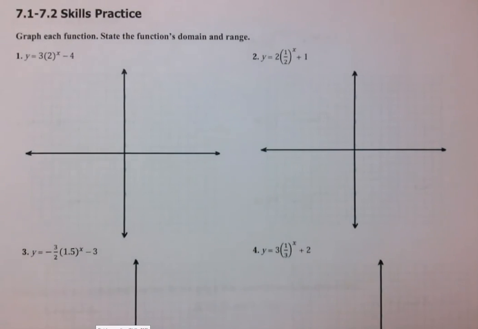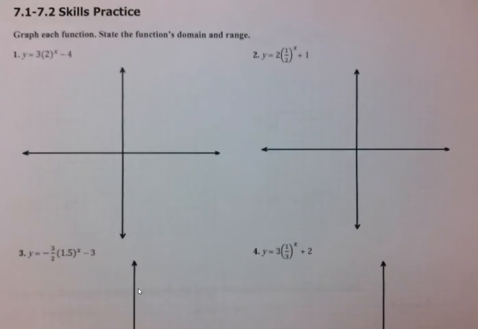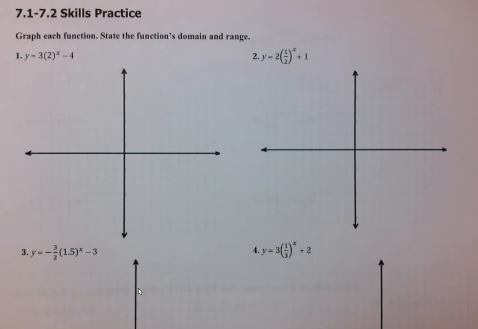Okay, this is a video for 7.1, 7.2 extra practice. I'm going to go through and just do the anchor points and asymptote and talk about growth and decay and everything for that. So the formula is